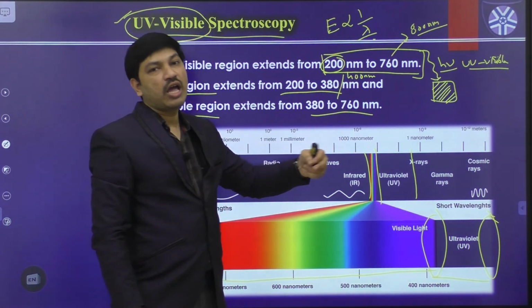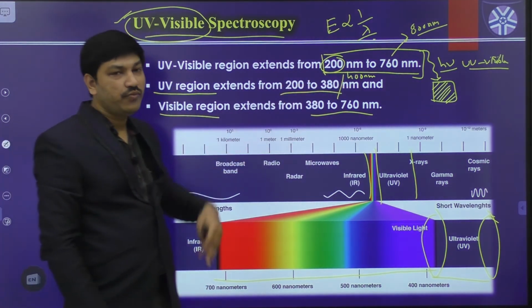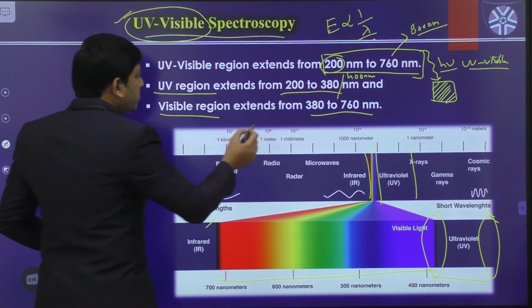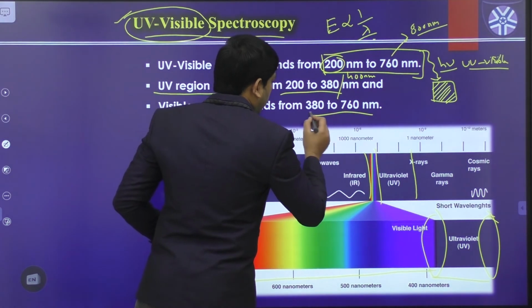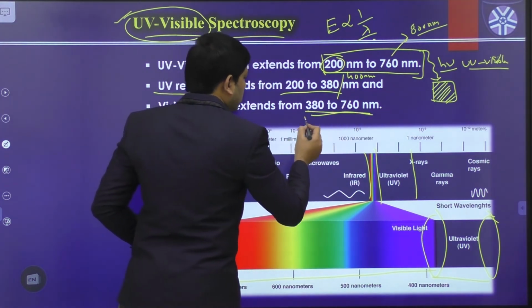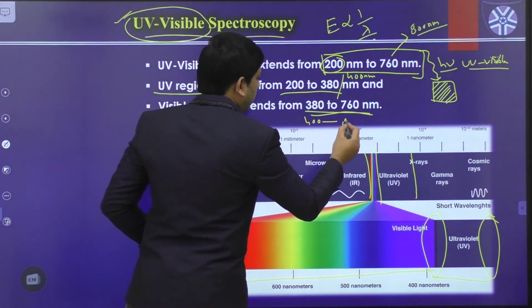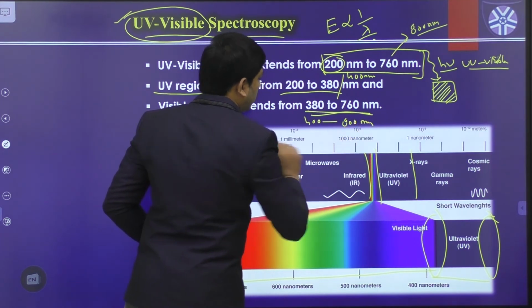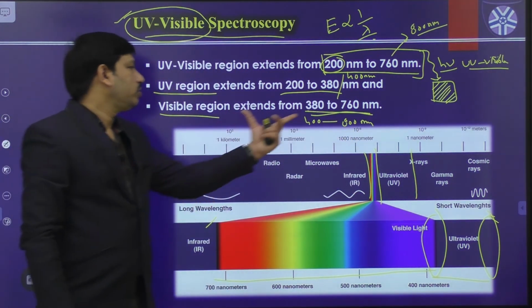So ultraviolet radiation has higher energy compared to the visible light. And visible radiation is defined as either 380 to 760 or 400 to 800 nanometers. This region is called the